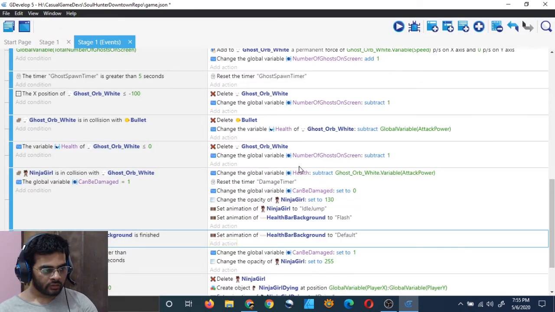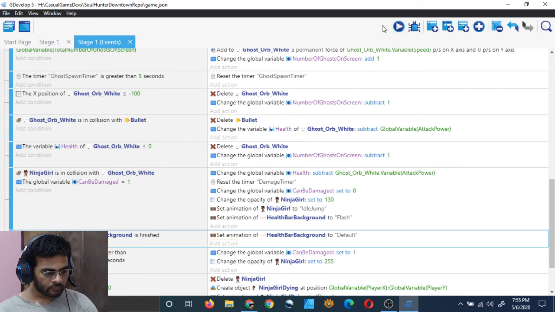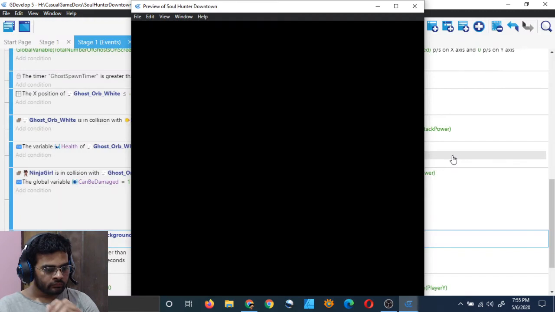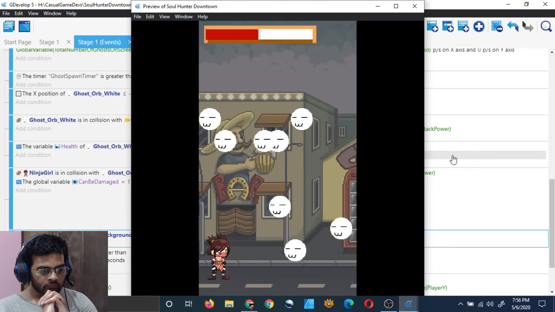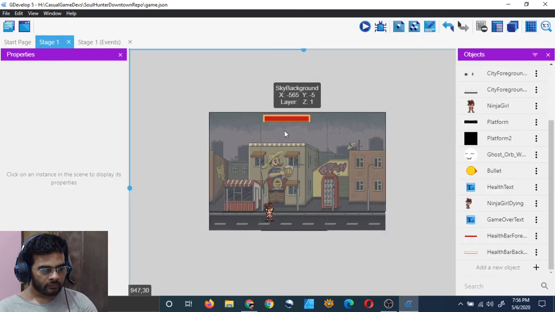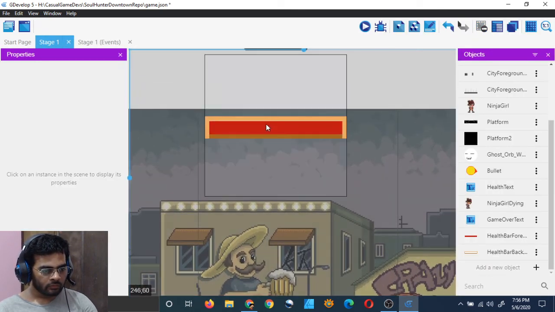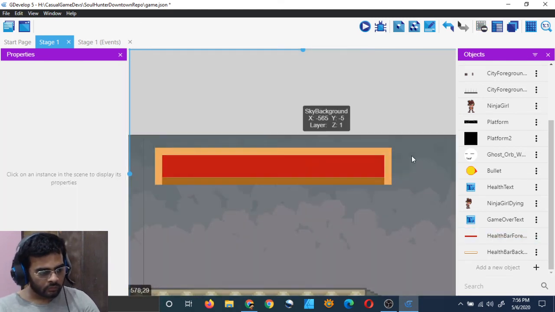There are many ways you can achieve that animation thing, but let's see if this one works. It's working. Yeah, it is working. I can see some little gap here. Now it's fixed.